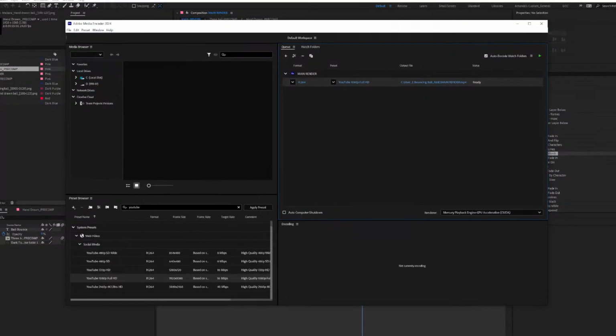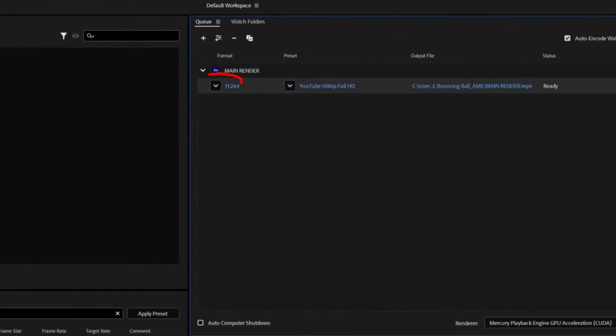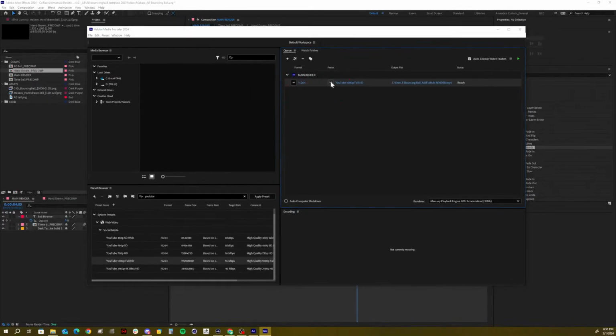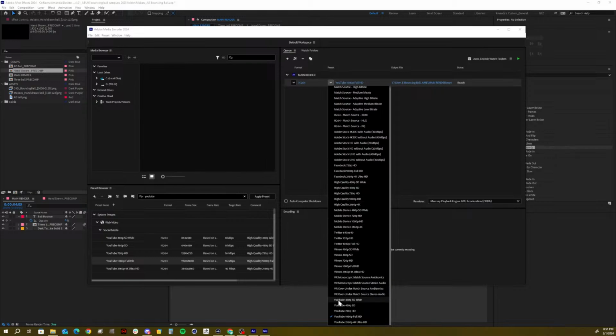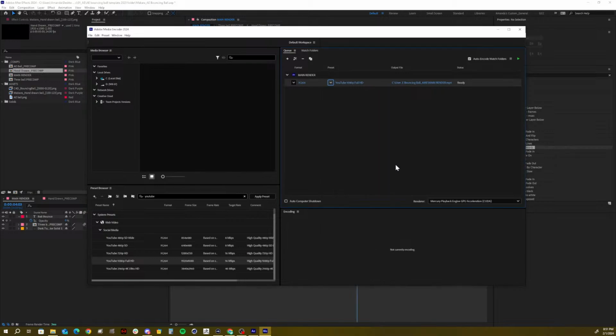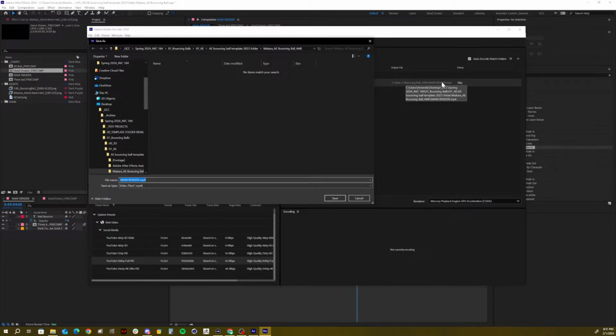And we want to make sure that when you're rendering it, that it's an H.264, which equals an MP4. It's just an encoding code. And that your preset here is the YouTube 1080p full HD. You can also just click it like this. And then here, the output file, if you click this link, will tell you where it's going to render that